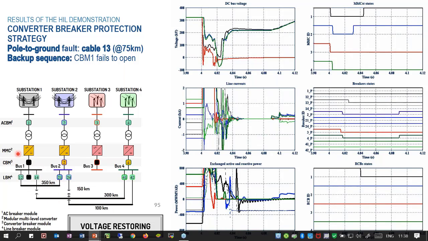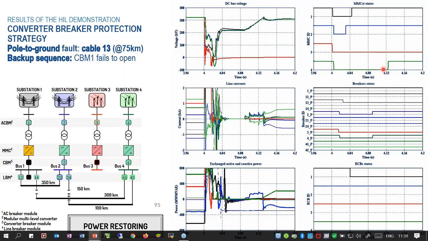This is done, again, by the central supervisor, which sends a command and tells station 2 to put back the voltage to the rated level. We have to say here that since this converter breaker is not working, the supervision will tell it not to close back again, because we cannot ensure reliable protection with it. So this station is also isolated. We actually are going to work only in a point-to-point configuration using substation 2 and substation 4 for this backup scenario. Once the voltage is restored by station 2,